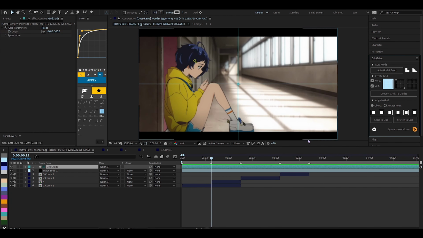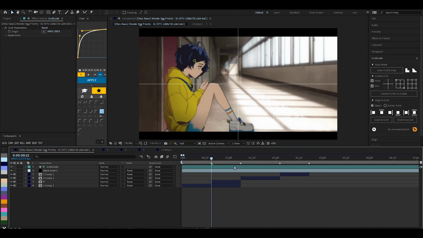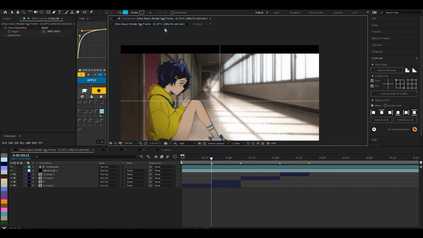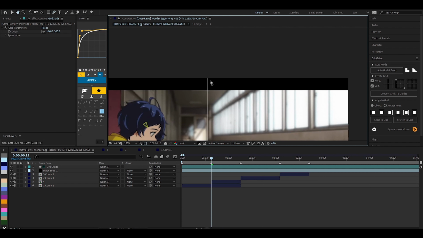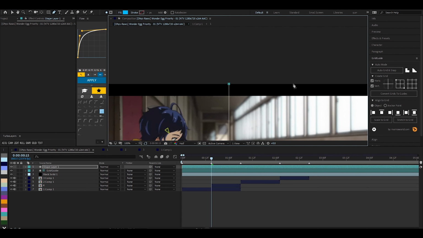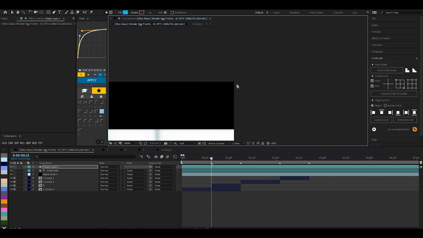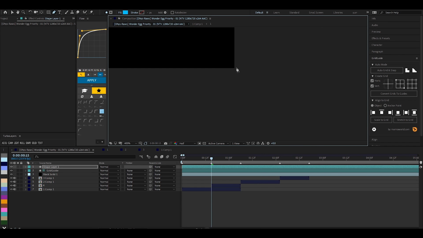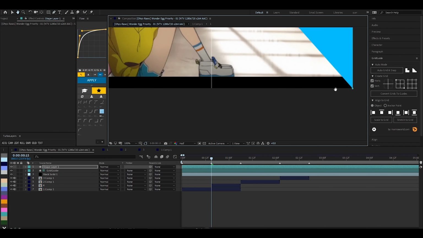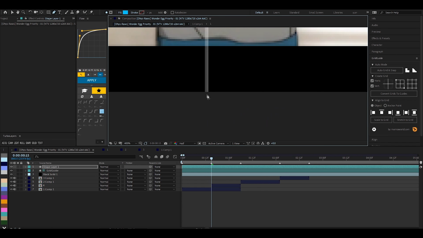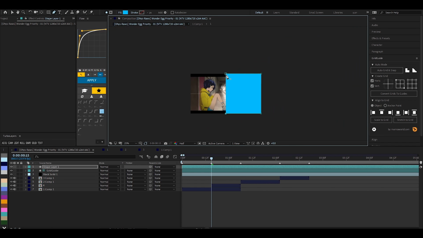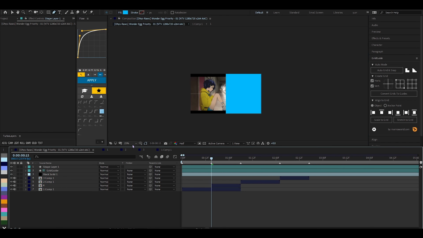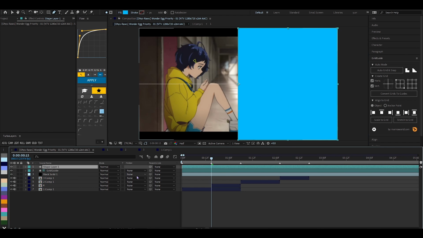So I'm going to use a grid like this that splits my screen into half, and then I'm going to take the pen tool, keep it on fill, and make sure there's no stroke, and all I'm going to do is just mark out the length that I want the box to be. It's going to be like this, and then go down to this corner. The reason I'm using this grid is just to make sure that I'm cutting the screen perfectly in half, just like this. Now that I have this blue solid, it doesn't matter what color it is, by the way,